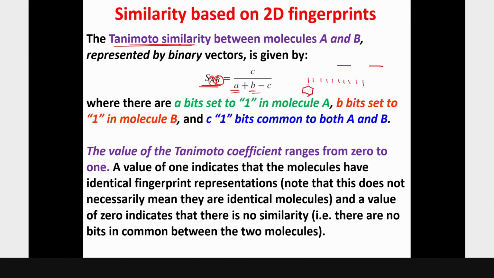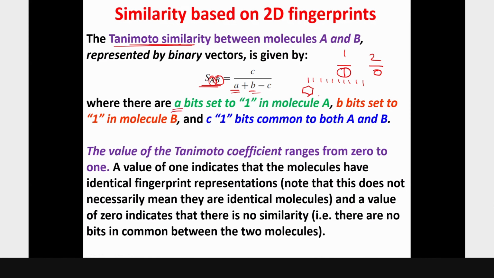I will see in compound number 1 and 2 whether the benzene ring is present or not. So if benzene ring is present here and not present here, A bit set to 1 in molecule A. So if there is one component I have found in compound A, I will say the total count of A has become